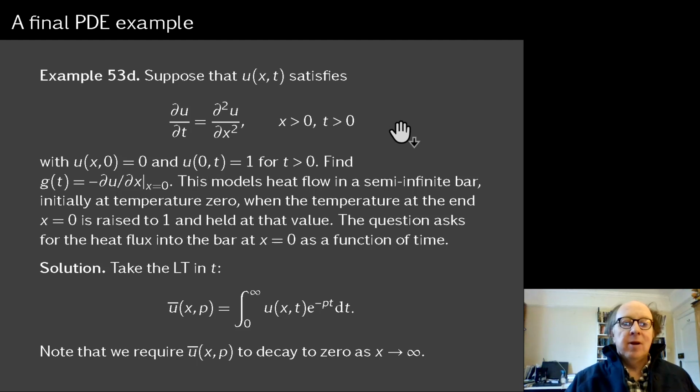So you might imagine this is a model for the temperature in a very thick piece of material, and you want the temperature at one end to be 1, and the question is, what is the heat flux into the material as a function of time that will let you do that? So you want the temperature to go from 0 to 1 instantaneously, so obviously something quite singular is going to happen, and you want to find out what flux is needed to make that happen.